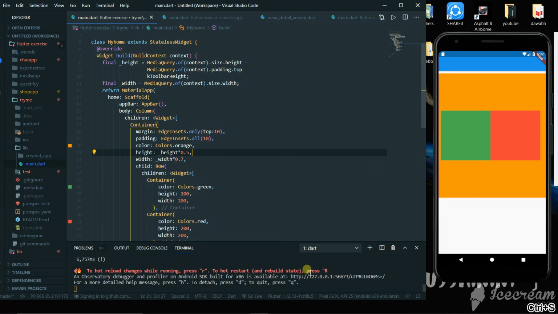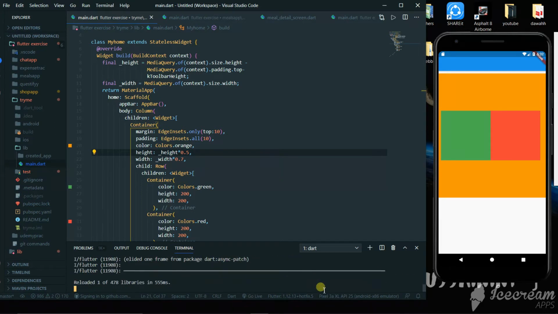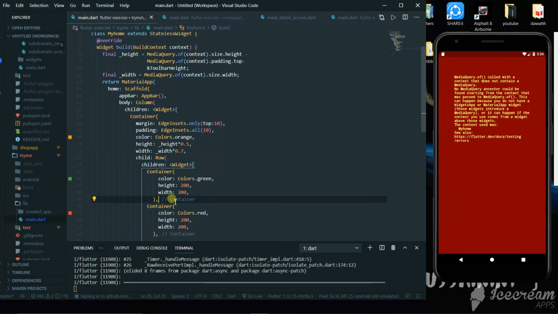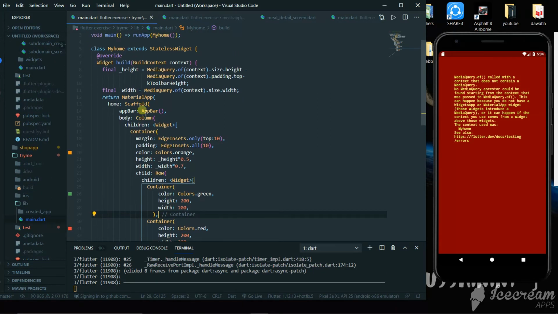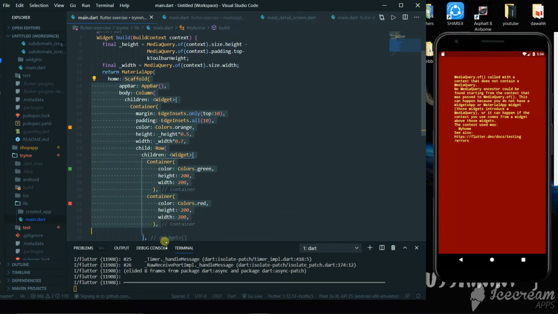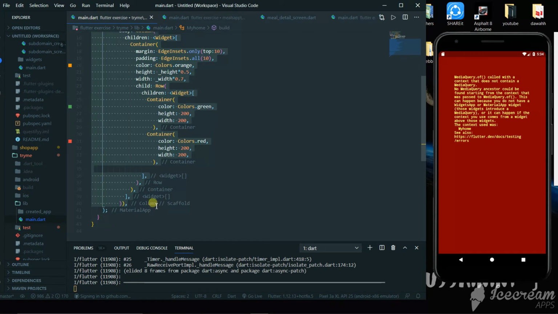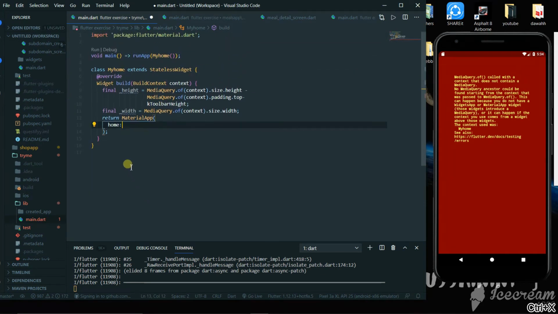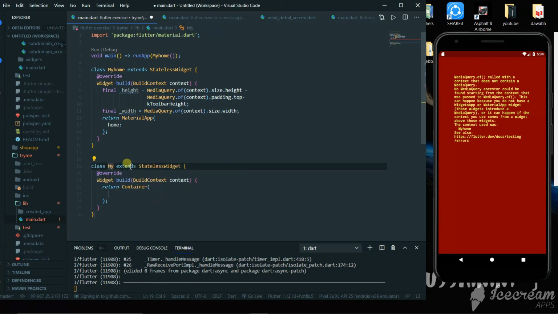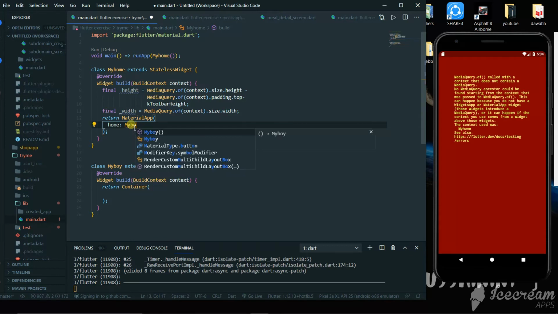So now we'll save this and we'll run and see what the output looks like. So this is giving us an error. I think the error is in the context that we are passing. So what we'll do is, we'll cut this scaffold area and we'll create another class. Let's call this MyBody, and in this home we'll pass this MyBody class.